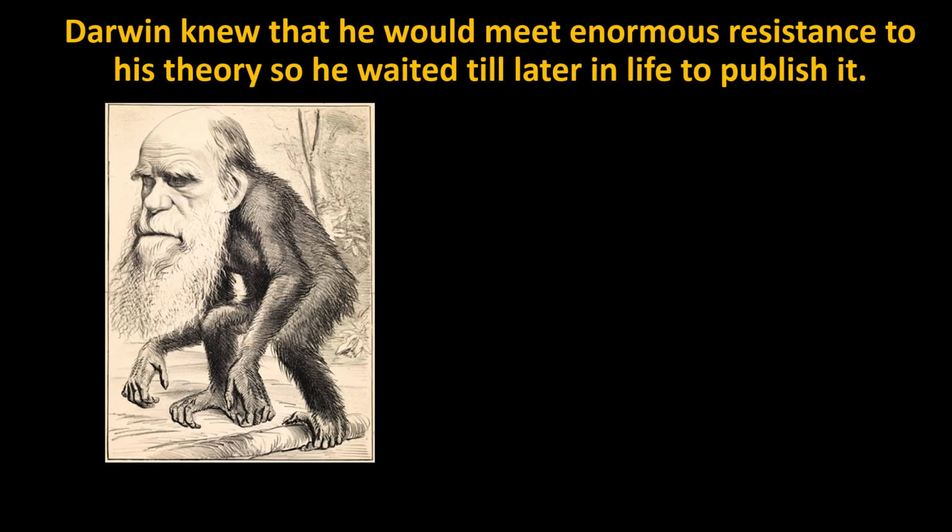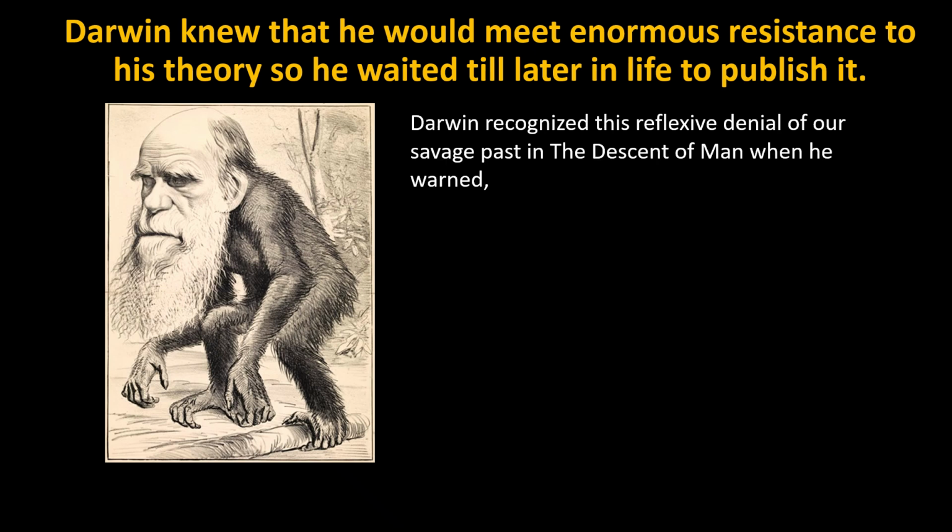Darwin knew that he would meet enormous resistance to his theory, so he waited till later in life to publish it. Darwin recognized this reflexive denial of our savage past in The Descent of Man when he warned,